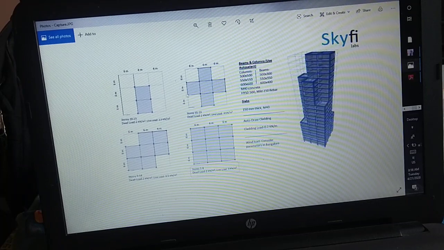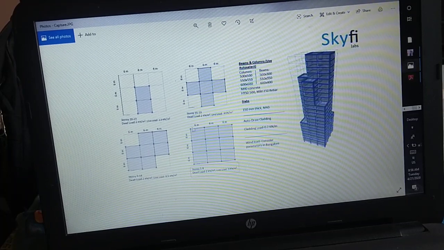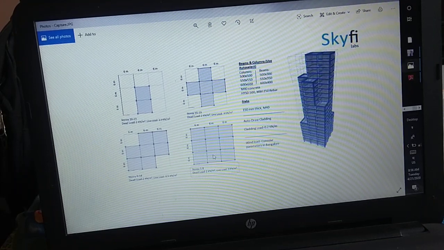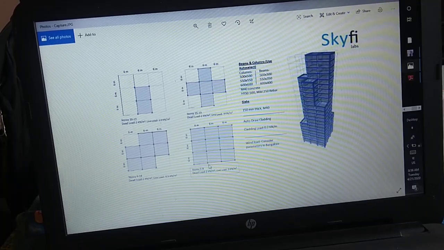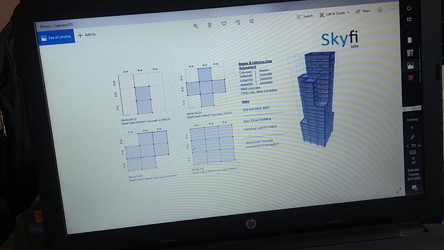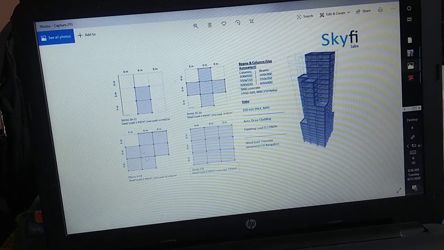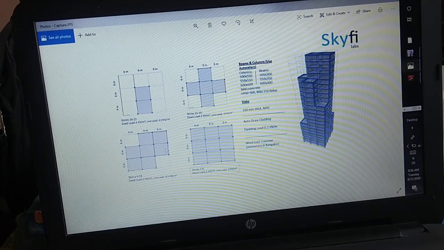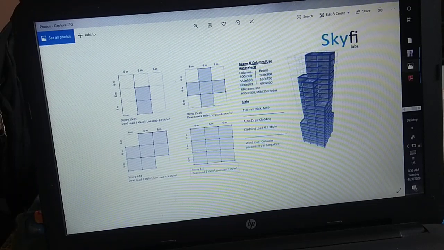So we are going to model the structure in ETABS software, in which stories 1 to 8 are similar stories having a plan of 3 bays in the x direction and 3 bays in the y direction, each having 6 meter distance. And similarly the plan for stories 9 to 14 is slightly different from stories 1 to 8. Similarly for stories 15 to 19, so we have to change the plans for different stories.